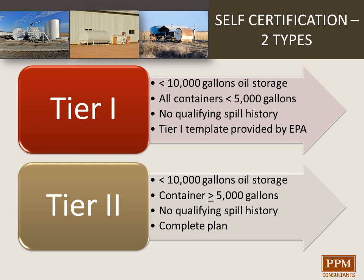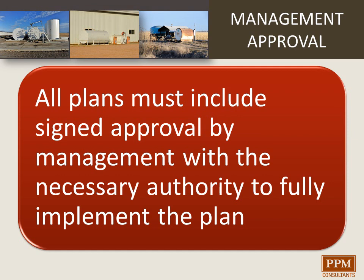On the Tier 2, it would be less than 10,000 gallons of total storage, and you do have a container that's greater than 5,000 gallons, so you might have a 6,000 gallon skid tank or above ground storage tank and a 1,000 gallon skid tank. That'd be 7,000 gallons total. You couldn't do a Tier 1 because you have a vessel that's greater than 5,000 gallons. You've got no qualifying spill history, and you could complete the plan without a PE certified stamp. You'd want to work with a consultant. They're fairly easy to develop, that self-certified form for your facility. Very important,